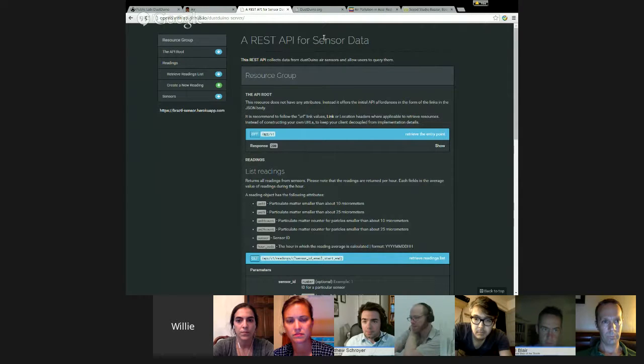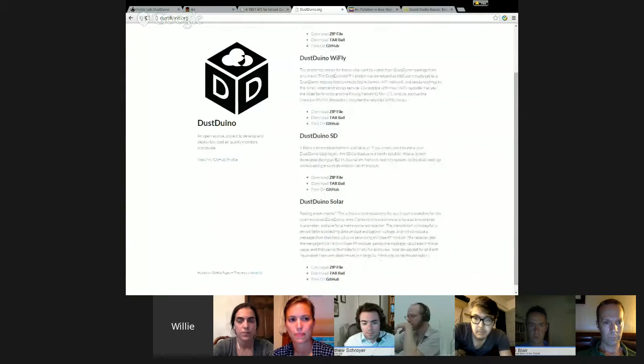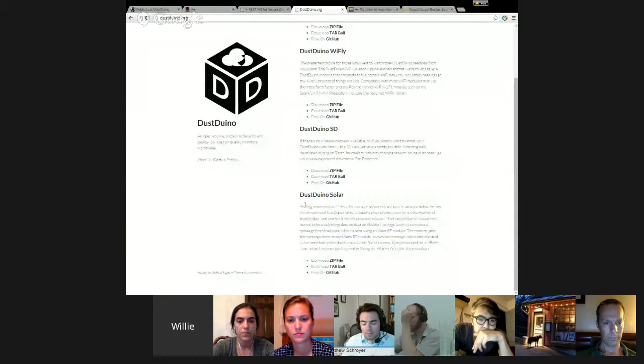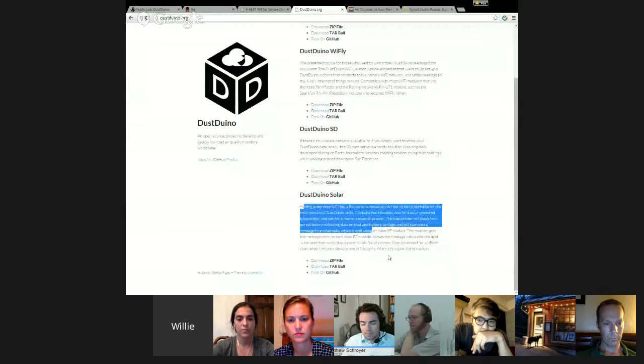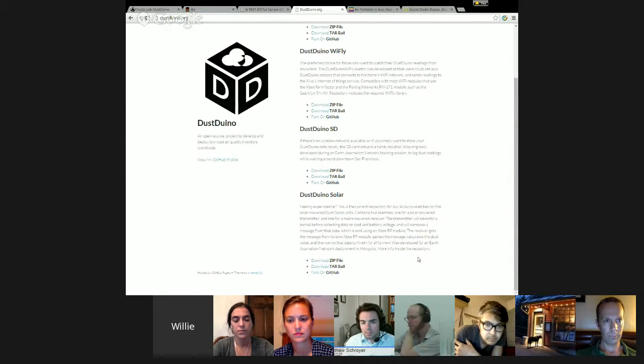And then Matt also alluded to those kind of flavors in the cookbook, as we've started now documenting all the different code options for the actual board itself. The Dustarino itself doesn't really depend on what sensor is attached to it. It's just an Arduino derivative for processing the data and connecting it to different things.